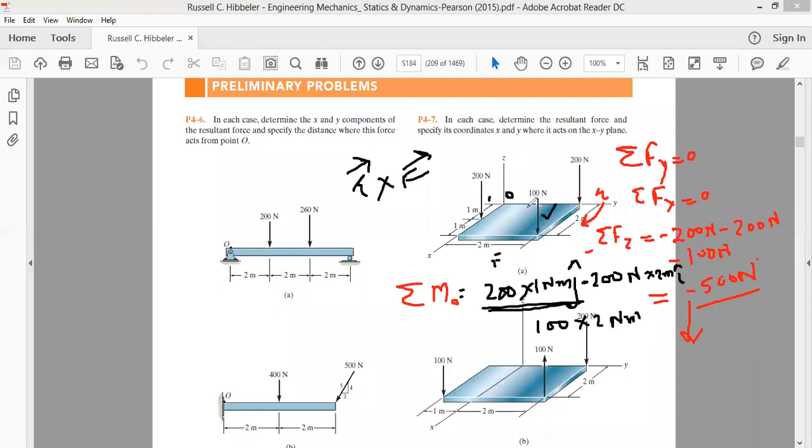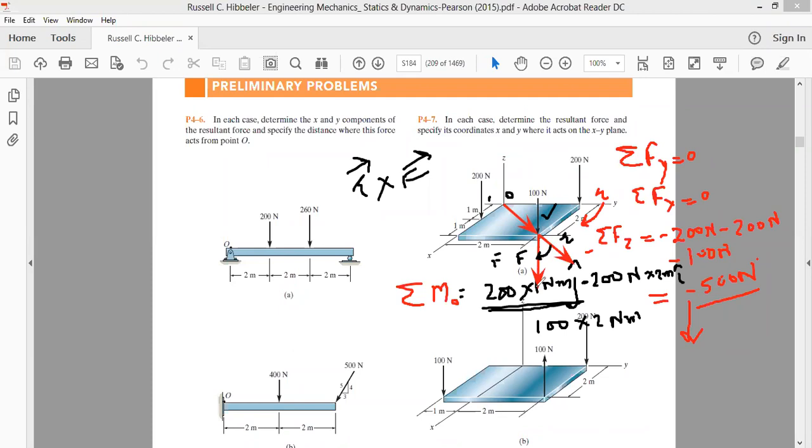Now, what is the direction of this moment? Again, in order to find the direction of the moment, we'll be drawing the radius vector from point O. The force is acting downwards. Let's reduce this r slightly forward. This is our r, and this is our f. As we move from r to f through the smallest angle,